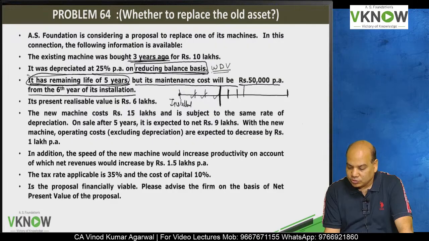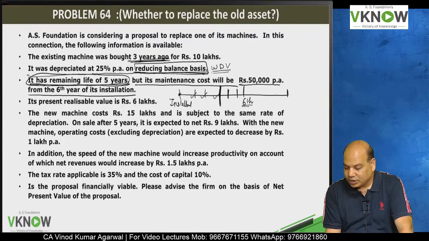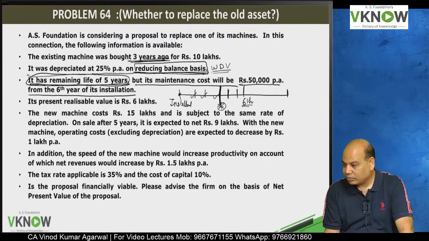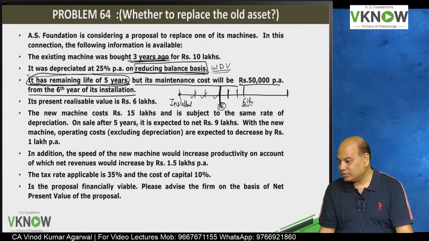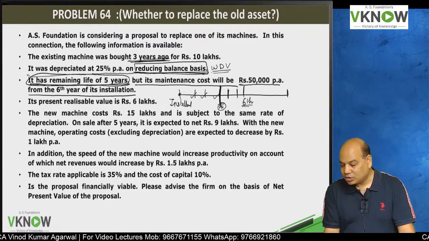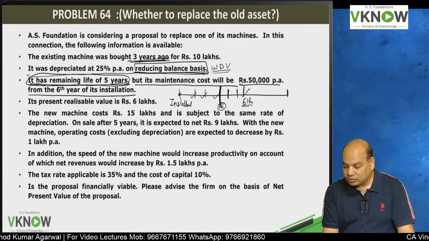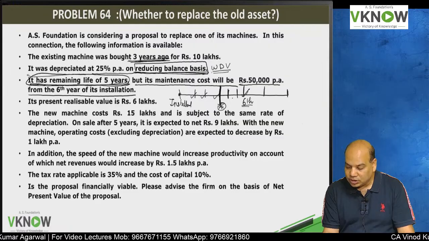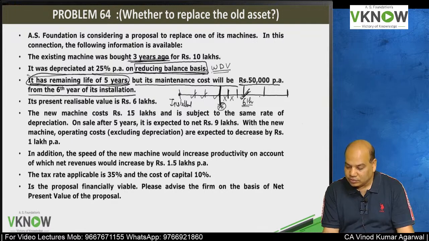So maintenance cost will start from the 6th year of installation. But we are standing here, so counting from today, maintenance will start from the 3rd year from today. For the next 2 years, no maintenance, but it will start in the 3rd year, 4th year, 5th year. So the last 3 years